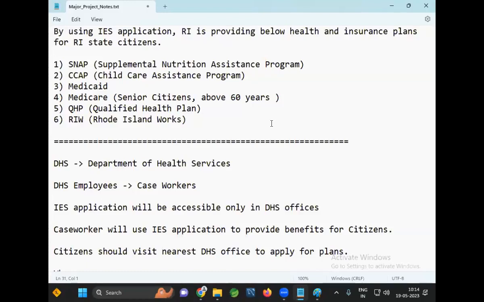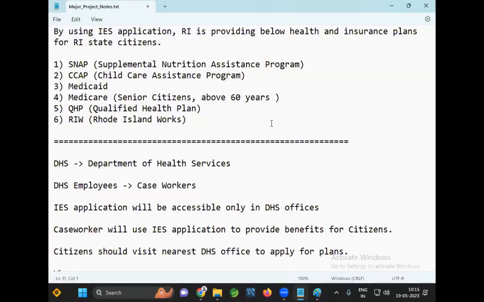Same concept here also. A citizen will apply for the plan with the help of a case worker. If the citizen's data matches the plan condition, the citizen will be approved for the plan. If it does not match, the citizen will be denied for the plan. What is the reason for the denial? That reason also we are going to tell. Your family has high income, your age is not matching with the plan condition, you are getting extra income from rent, you have some properties, you don't need support from the government. So if you are denied, the reason why you were denied, they will also provide.